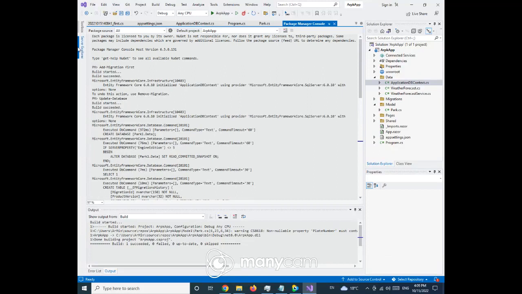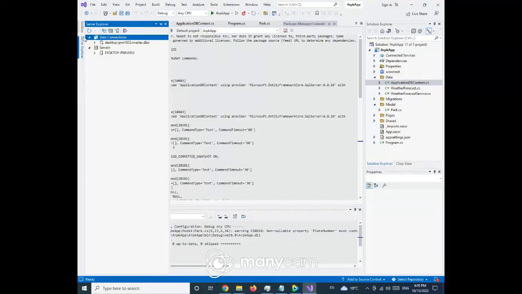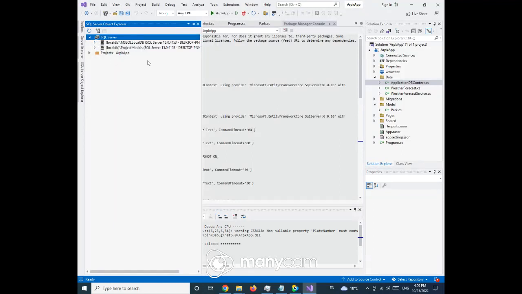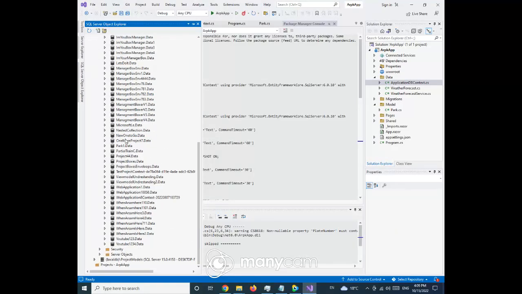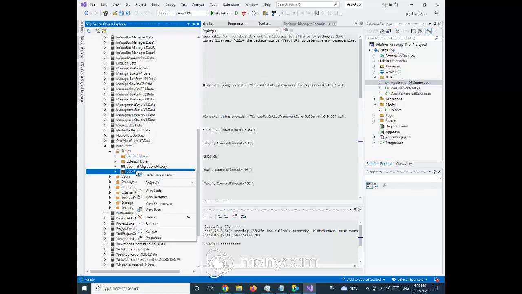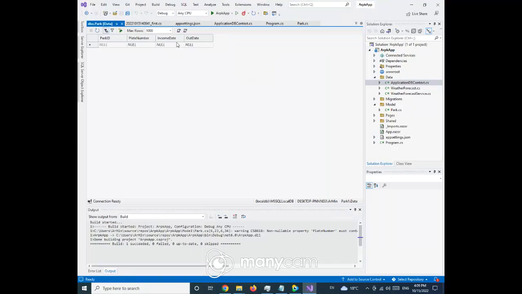You see here. And now let's check our database. I say here view SQL Server Object Explorer. Let's check this. Oh yeah, Park app, that is here. Okay, let's see here Park 1 and go to the tables, and here I open it, and you see this is our database, but an empty database. Okay,